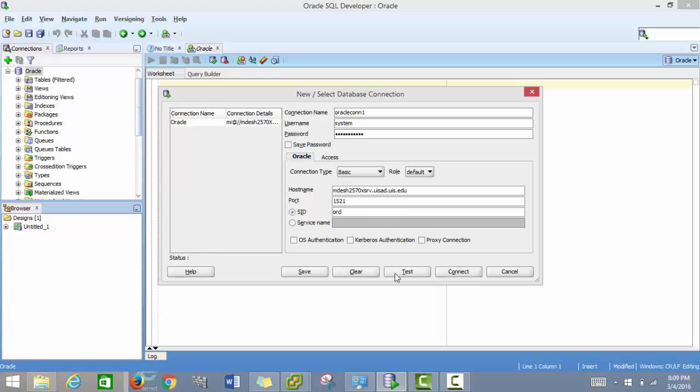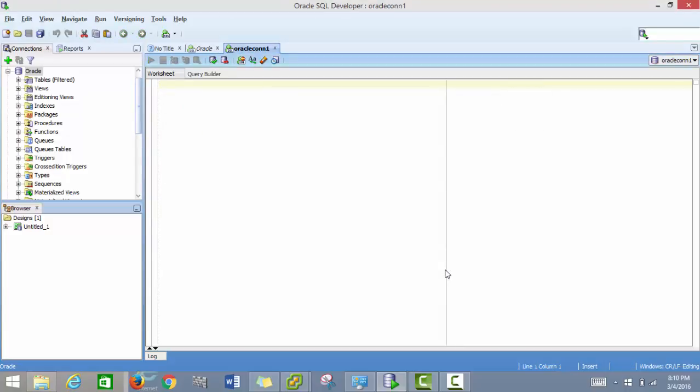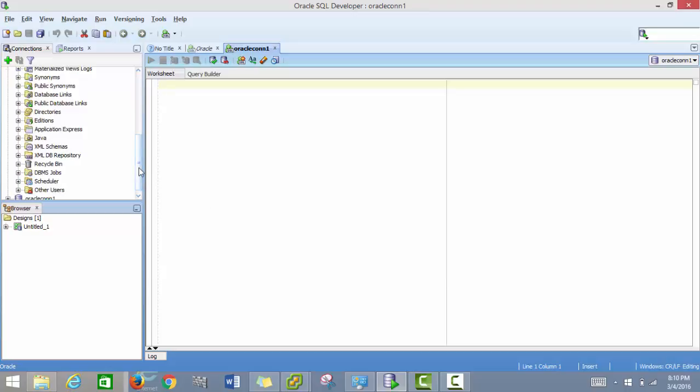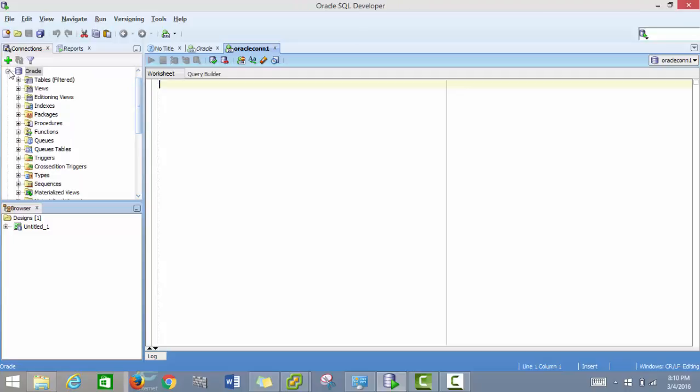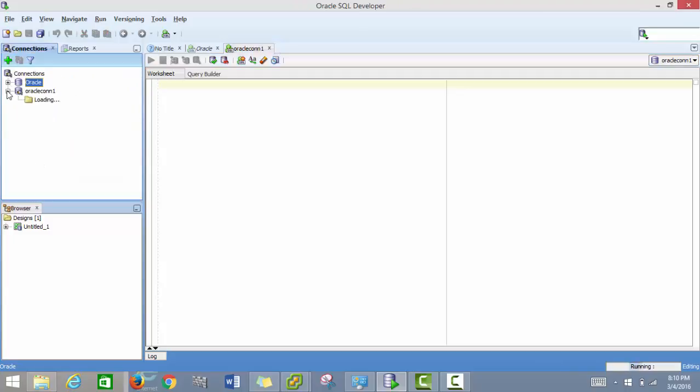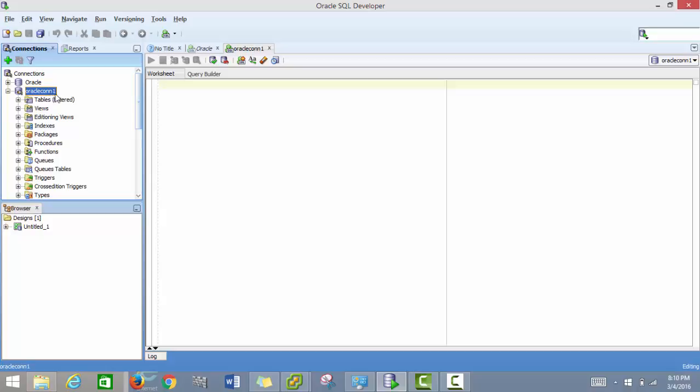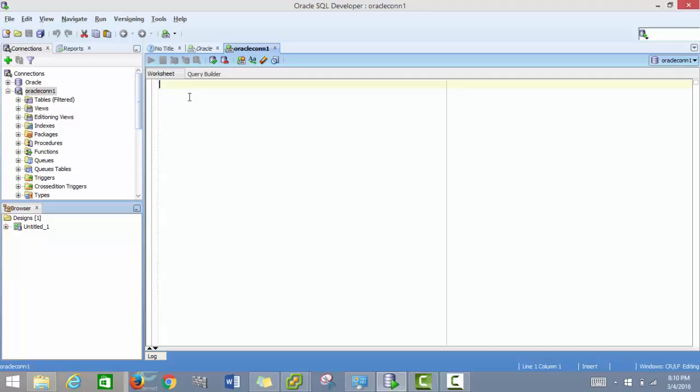Now I'll check whether I'm able to establish connection or not. For that, I'll click test. Yes, I'm able to establish connection. I'm getting a message as success. Now I'll connect to the database. Here is my new database, Oracle CONN1. Now in this database, I'll create table, insert data into that table and view the data which I've inserted into